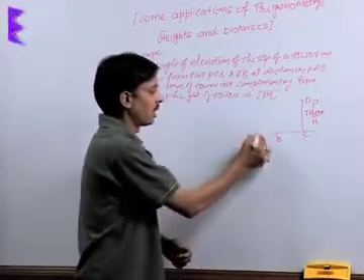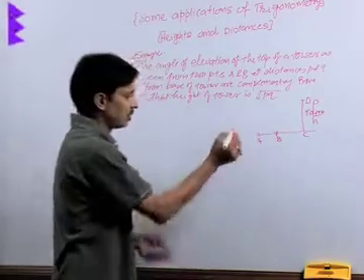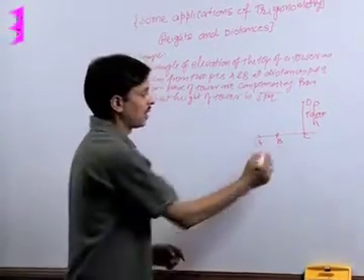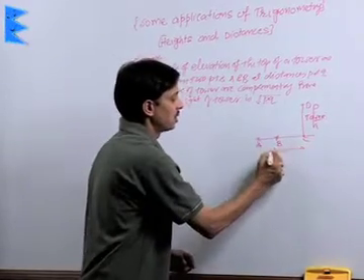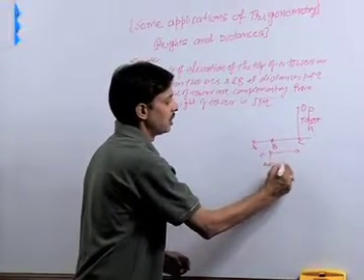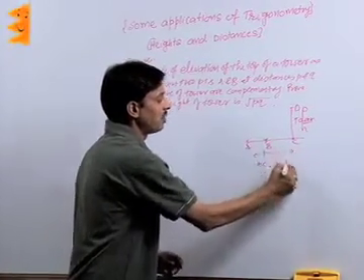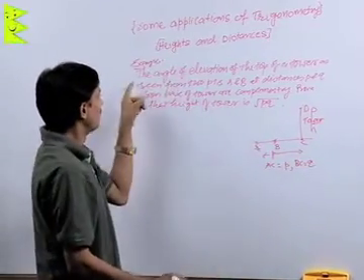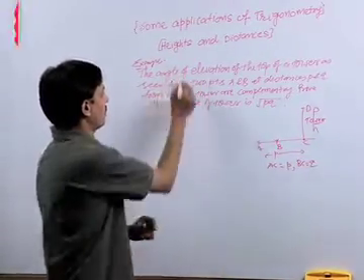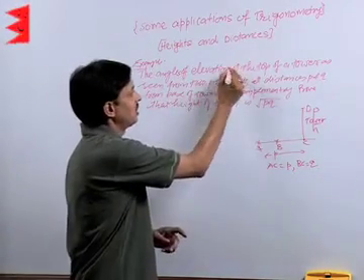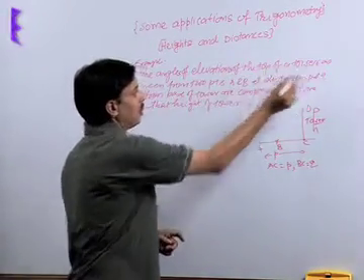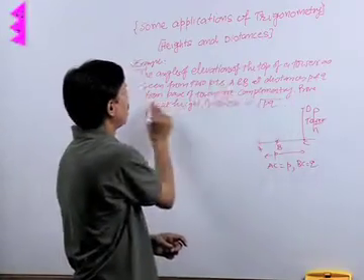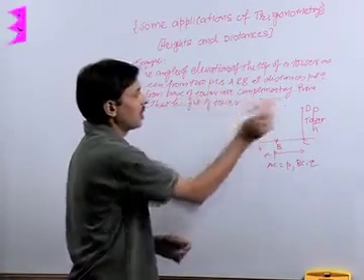On this ground there are 2 points A and B. The distances of these points from the base of the tower are P and Q. This distance, AC, is P units and BC is Q units. As the question says, the angles of elevation of the top of the tower as seen from 2 points A and B at distances P and Q from the base of the tower are complementary.